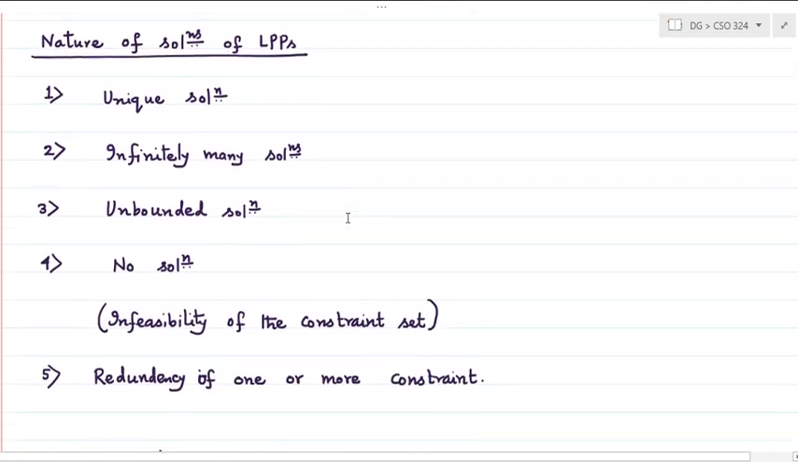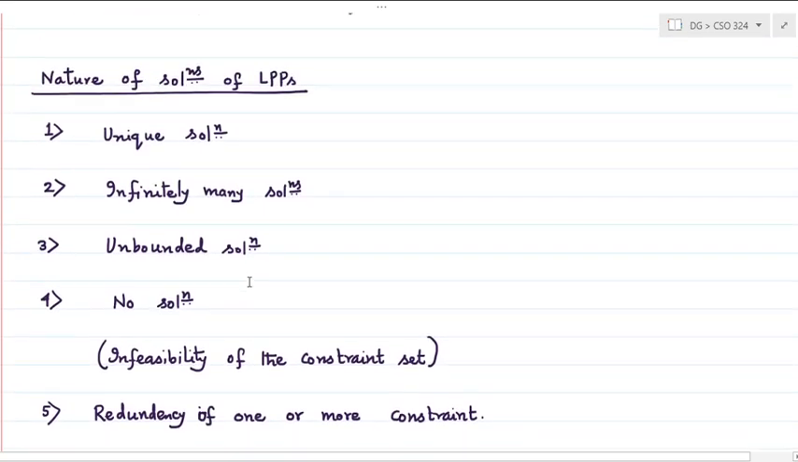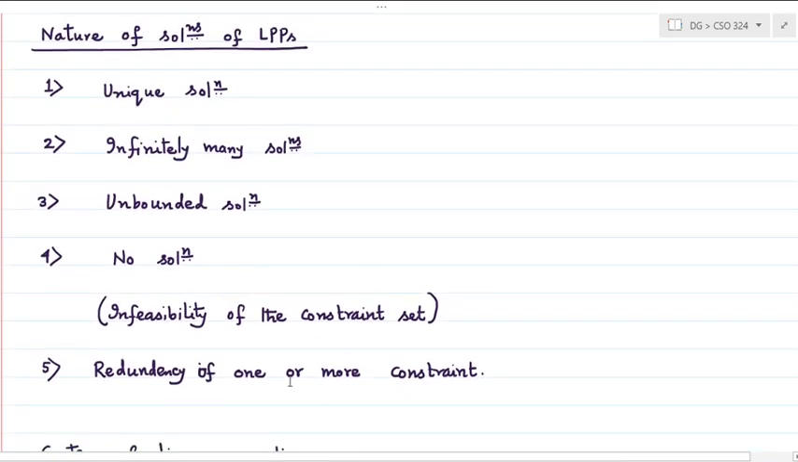By solving them graphically we have found that there are five possible natures of the solutions of linear programming problems. And to identify these five possibilities before solving graphically, or when your problem cannot be solved graphically, that means when your problem has four or more variables, then obviously the graphical solution approach will not work. In that case, before moving to solve a linear programming problem,